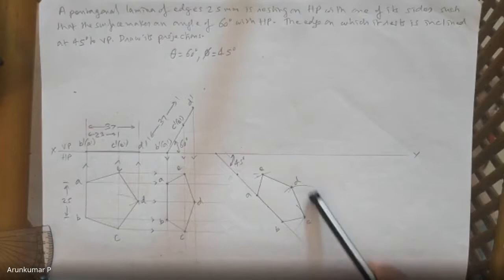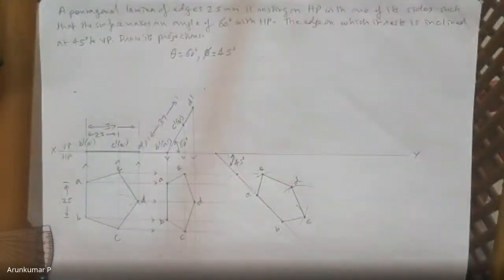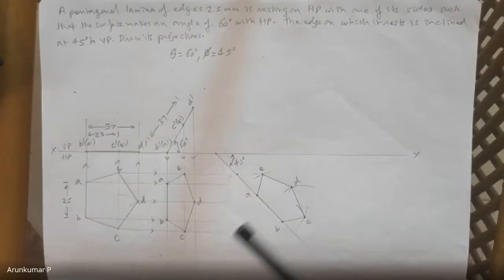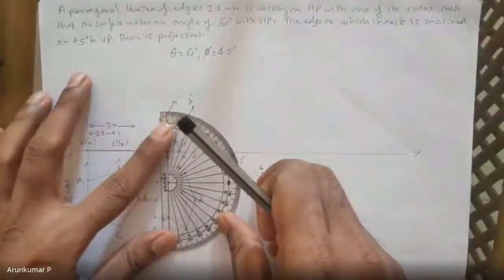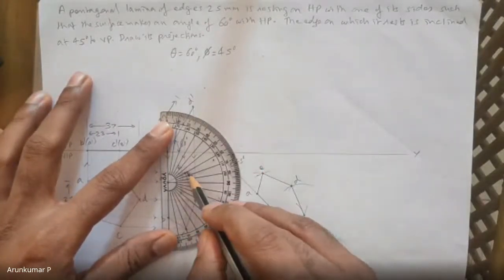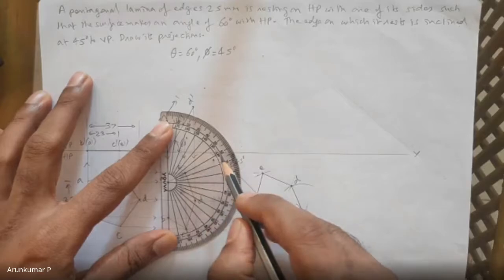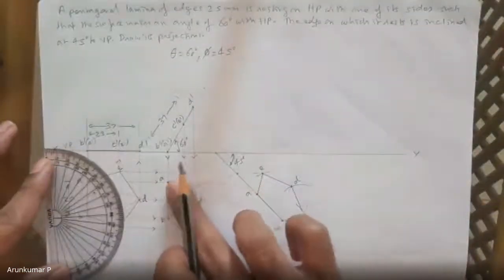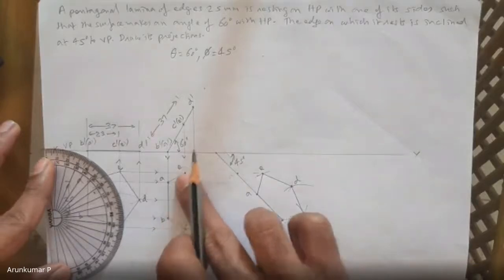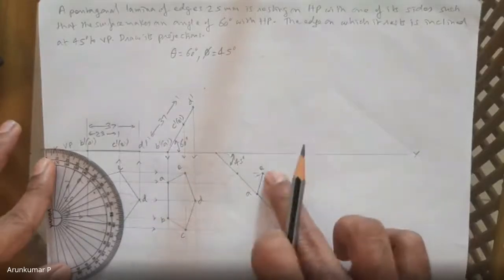So this is how you need to locate the points. Some students may not be comfortable with this rounder. If you are not, no problem. What you have to do is, you keep your protractor here at A and find out the angle of AE, say 120 degrees. Then find out the length of AE, say it may be 18 mm. So draw an 18 mm line at 120 degrees. Done. You can locate E.